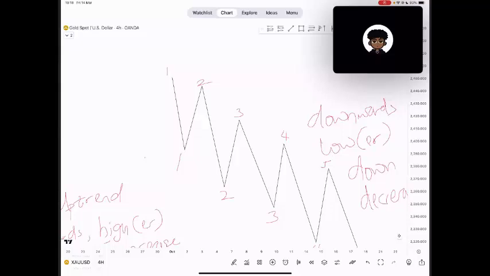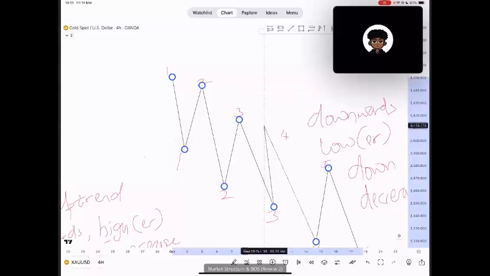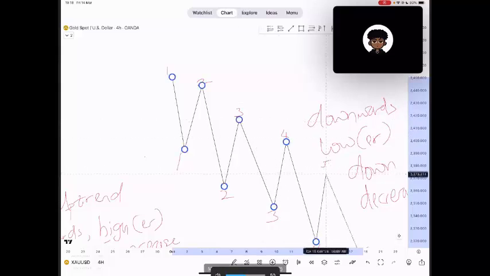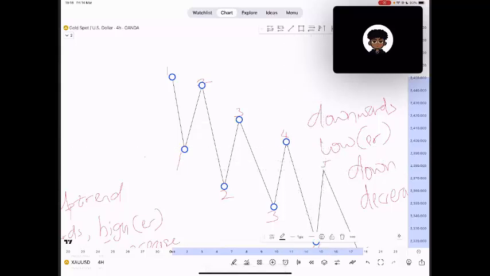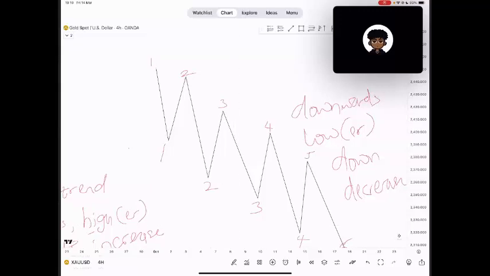So as I was saying, high two is lower than high one. High three is lower than high two. High four is lower than high three, and high five is lower than high four. So when you have price creating new highs that are lower than the previous highs, automatically you're no longer thinking uptrend. You have to start thinking downtrend, because I told you that